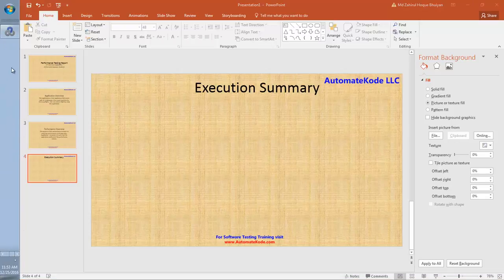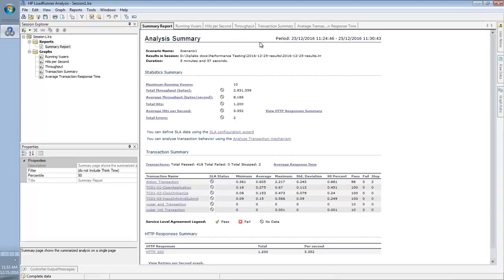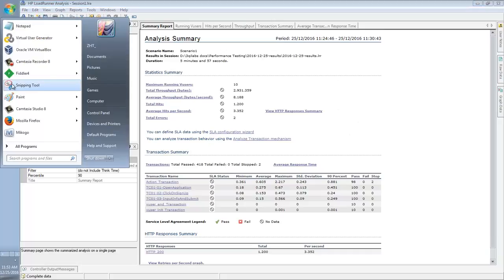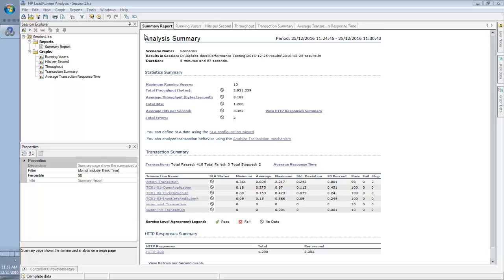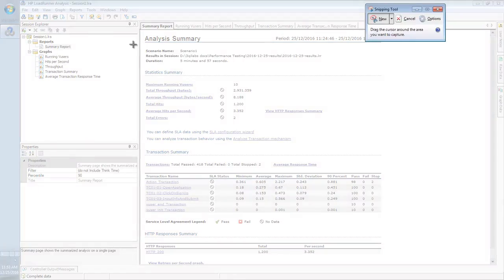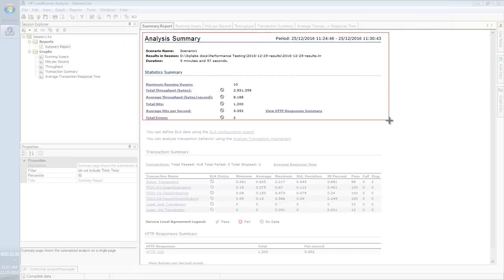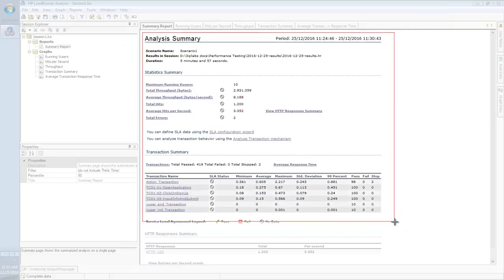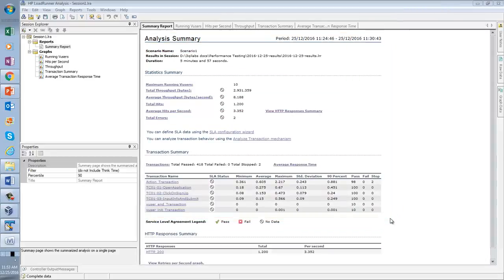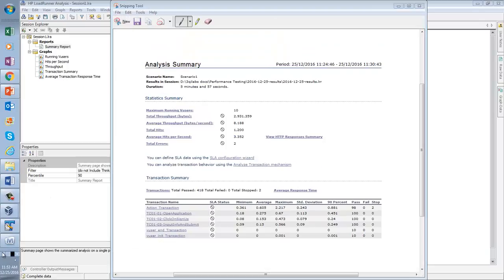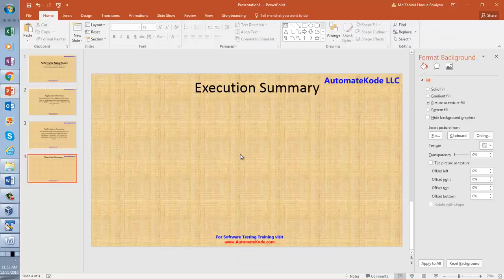This is your analysis execution summary, right? You take a screenshot from here up to that. You go back to your slide and paste it here.